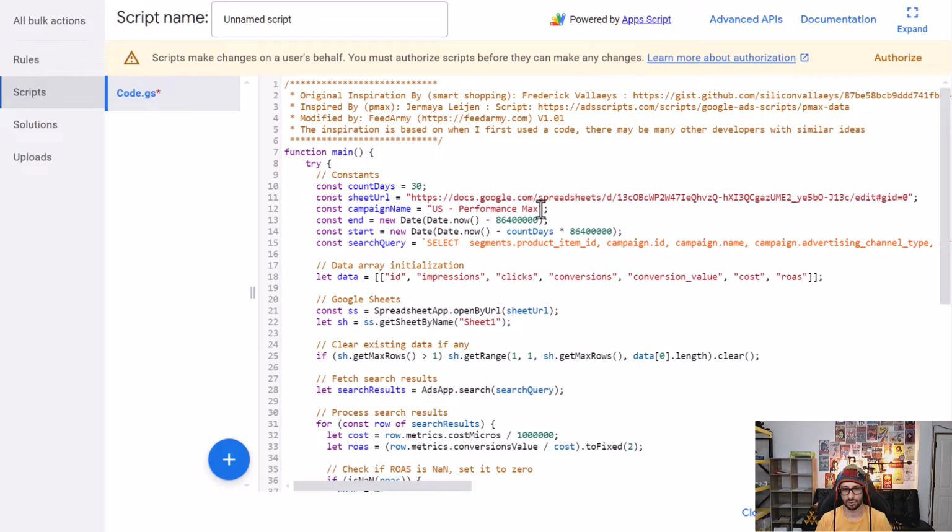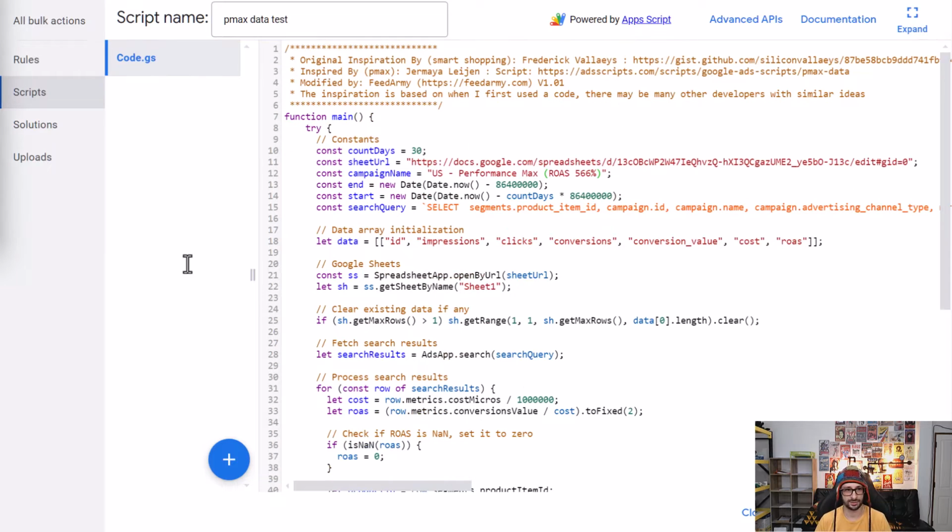And then for the Performance Max campaign name, you add the name that you have assigned. So for me, that will be not US Performance Max, but it will be with the RS value. So whatever your campaign name is, that is what you want to add. And then just name your script. So for me, I'll just call it PMax data, and I'll just add test because I've already created one. We want to save,